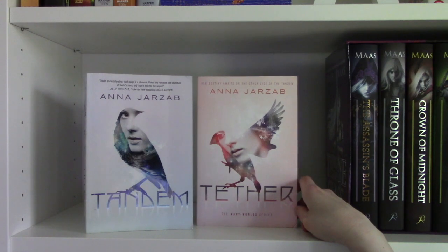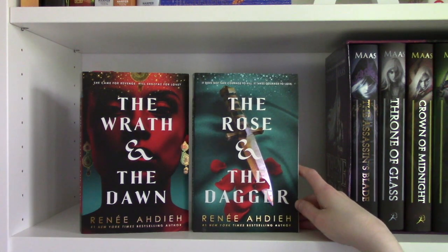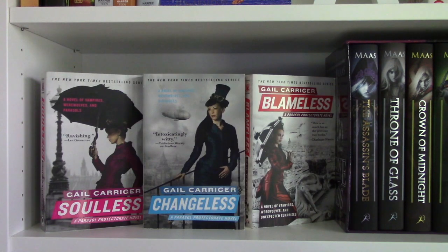The Tandem duology by Anna Jarzab, which includes Tandem and Tether. The Wrath and the Dawn duology, which includes The Wrath and the Dawn and The Rose and the Dagger by Renée Ahdieh. The Lone City trilogy, which includes The Jewel, The White Rose, and The Black Key, written by Amy Ewing. So I have Soulless, Changeless, and Blameless by Gail Carriger, which are the first three books in the